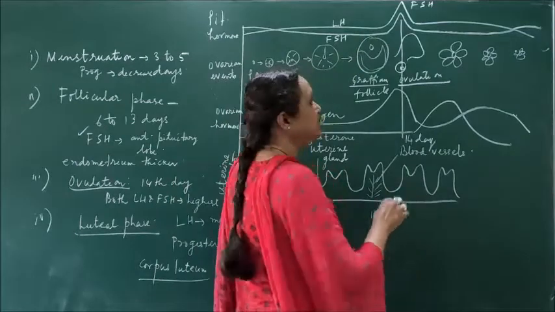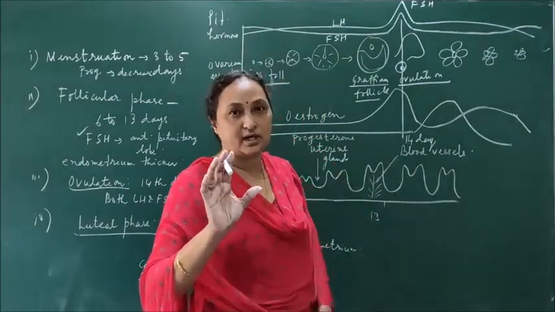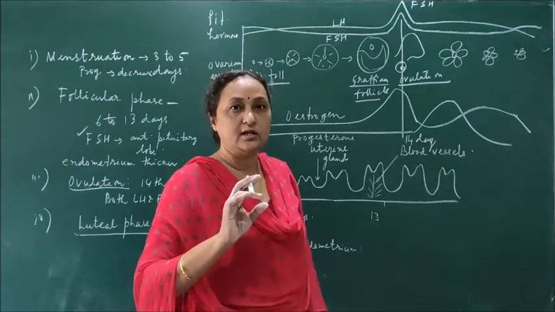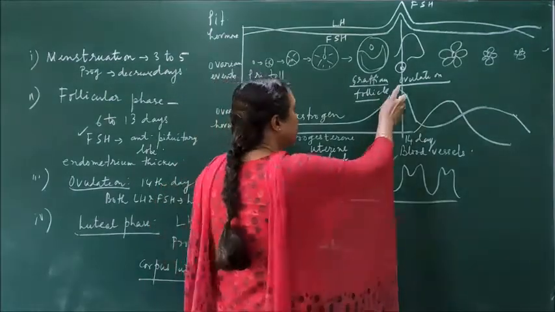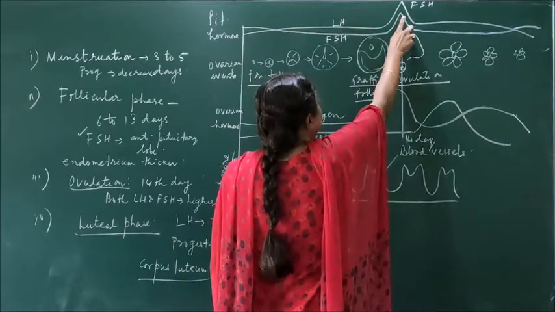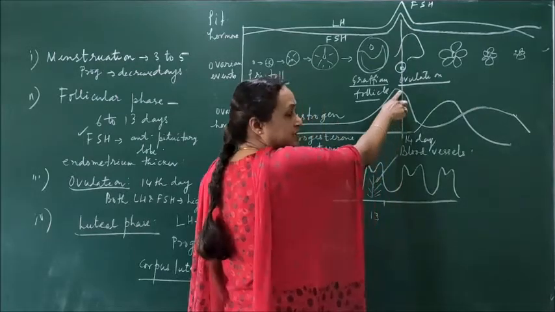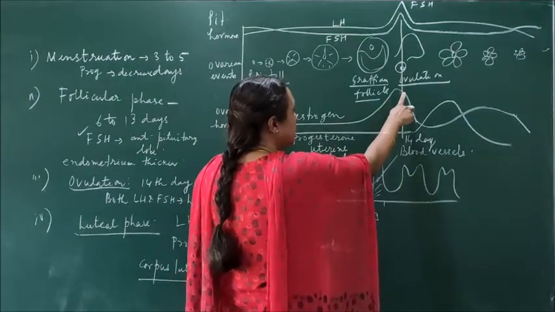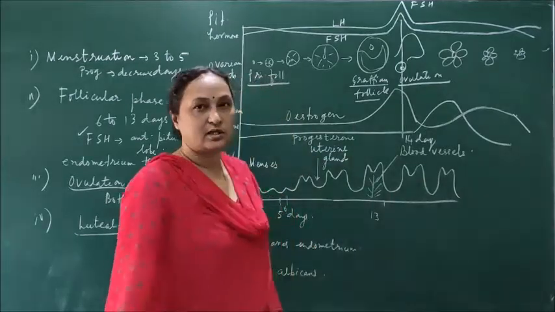So here you see the graph, because this is very important. Always in board exams you get question from this part. So you try to understand what is the role of the ovary, what is the role of the pituitary gland, what are the different roles of all these hormones. So on 14th day when there is ovulation, then follicle stimulating hormone and the luteinizing hormone are at the highest peak. And also the amount of the estrogen is highest. Progesterone is lower, but the amount of the estrogen is higher, so that the ovum can be released from the Graafian follicle.